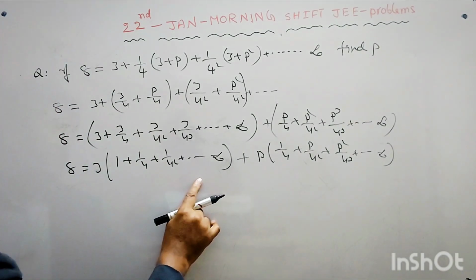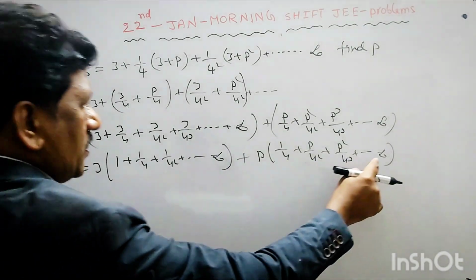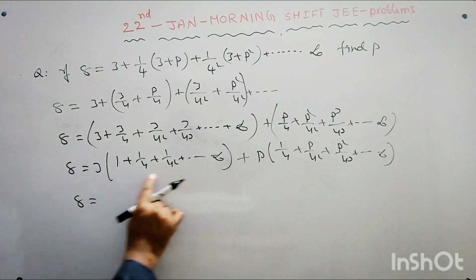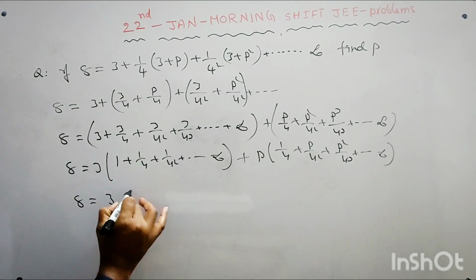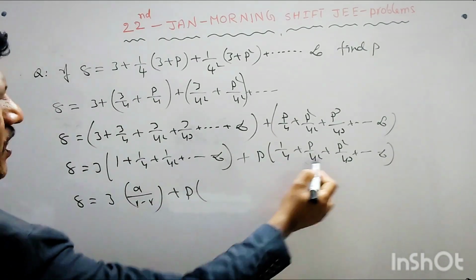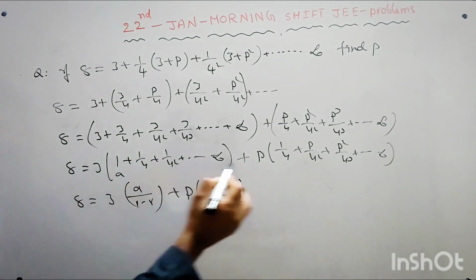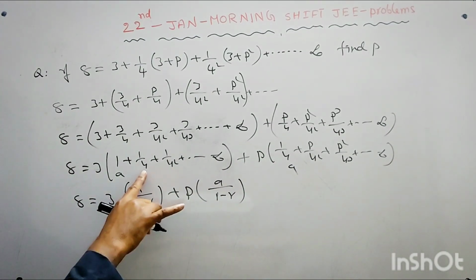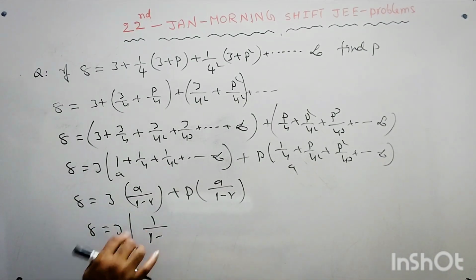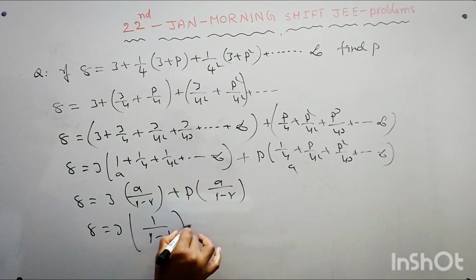So this is a GP series, continuing till infinity. This is also a GP series, continuing till infinity. So the GP series sum of infinite terms formula is a by 1 minus r, and here also the sum of the infinite series is a by 1 minus r. A means what? First term. R means second term by first term. So you'll get 3 into a, that is 1, by 1 minus r, where r is second term by first term, that means 1 by 4, plus p into